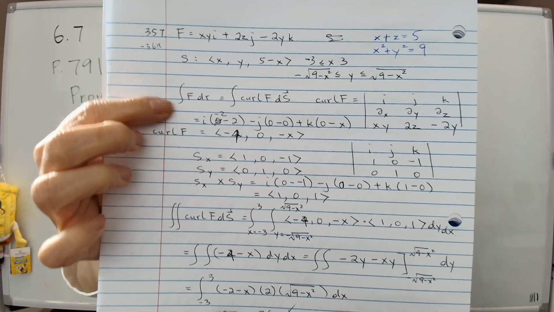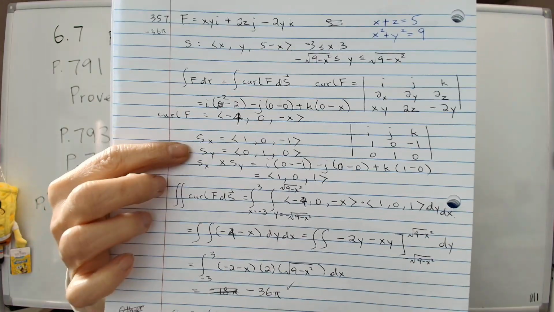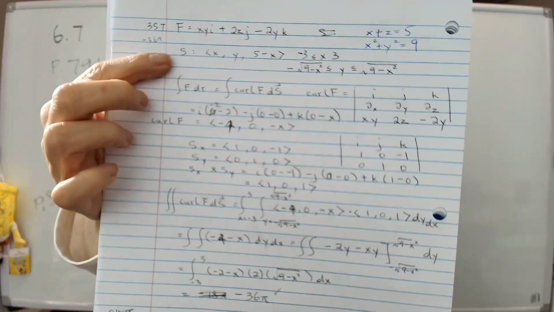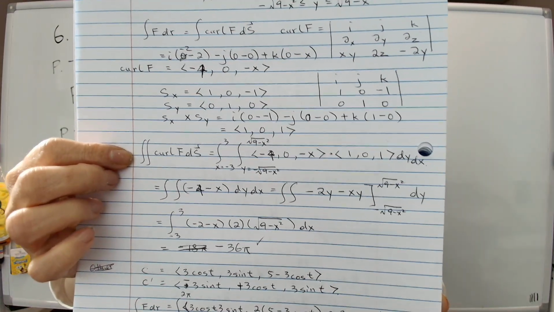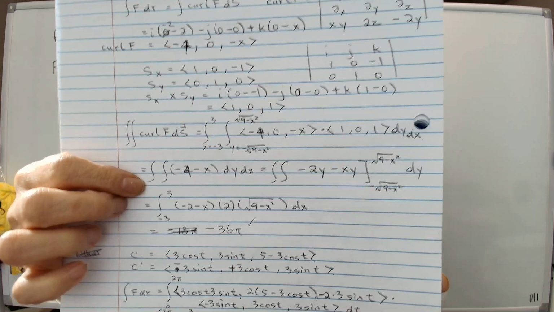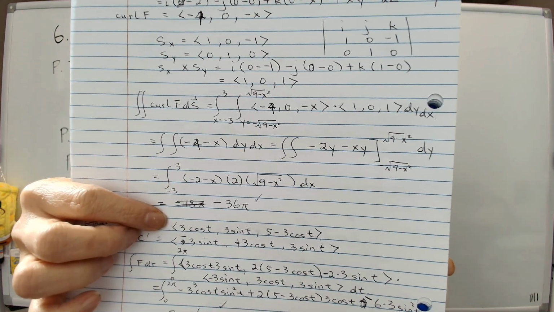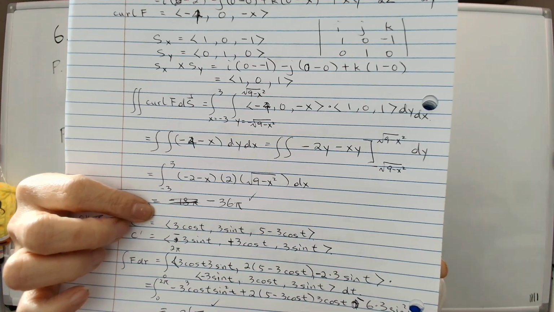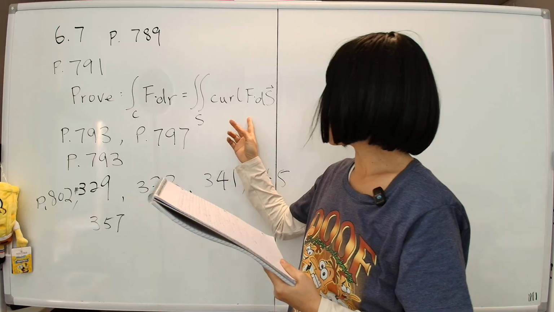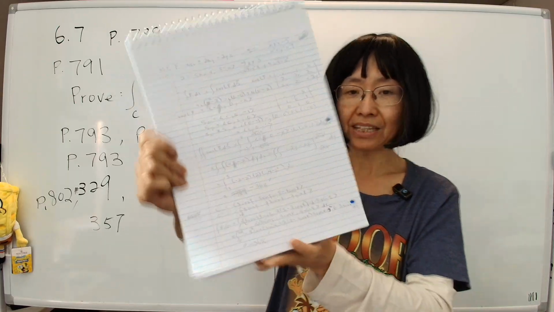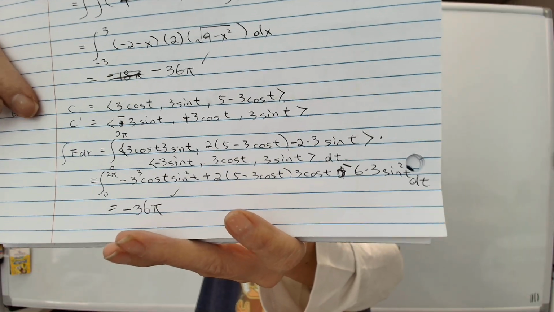We'll calculate F, curl F, and then calculate s_x, s_y for the surface. Take the cross product, and then calculate the integral, and hope that everything comes out and we don't mess up. Eventually I got this, which is the correct answer. So that's the curl F dot dS. Next I calculated F dot dr for the same problem, which is much easier, as you can see, where